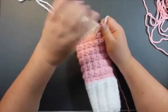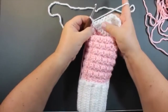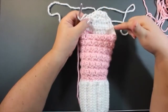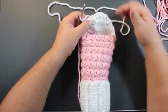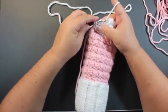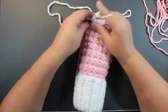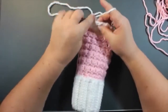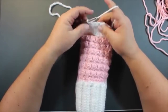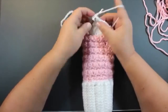Chain 1 and turn. And now we're going to work up this way to the 2 stitches at the top and then work 6 stitches down the side of this row as well to finish it off. So we've chained 1, we're going to single crochet the 6 on the side and the 2 on the top. So that's 1, 2, 3, 4, 5, 6, and then the 2 at the top, 7, 8,